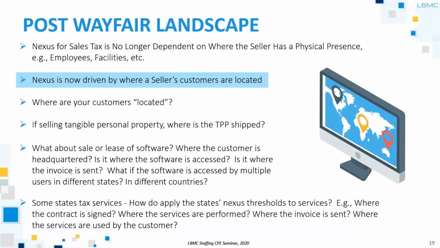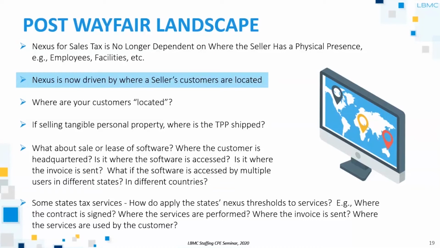A lot of states, Tennessee included, have allowed almost an allocation. You look to how many users are in Tennessee and apply that over the number of users everywhere. If 10% of those users are in Tennessee, then you would remit tax on 10% of that purchase price. Not every state is doing that. I think it's a good idea. You have to give remote sellers some hope of being able to comply. So I applaud Tennessee for doing that.